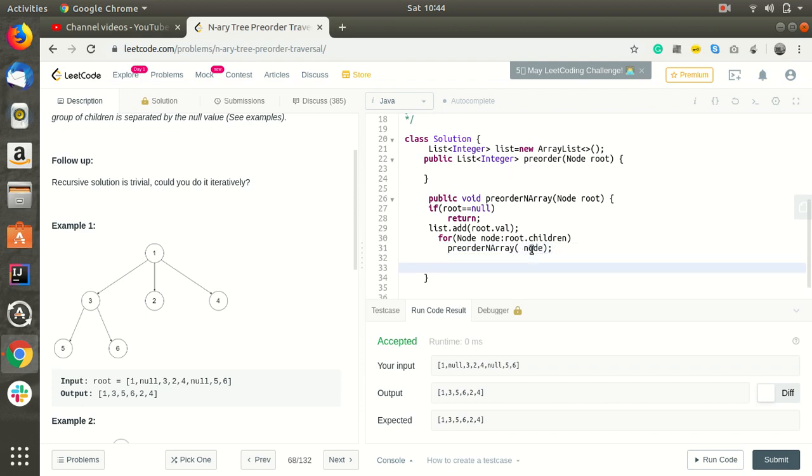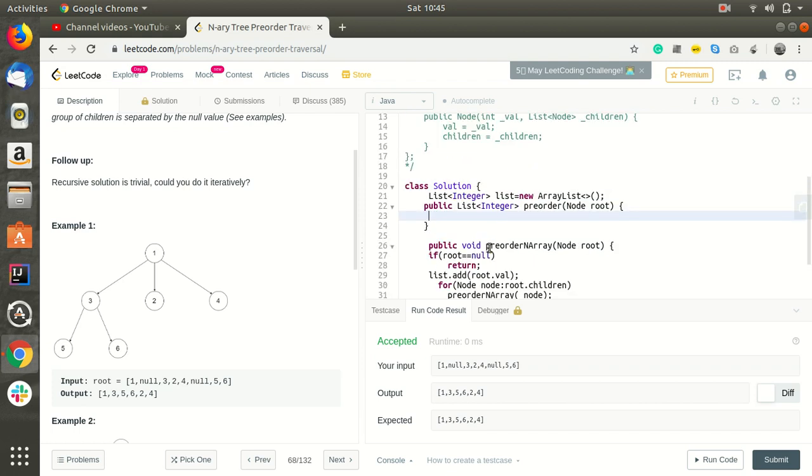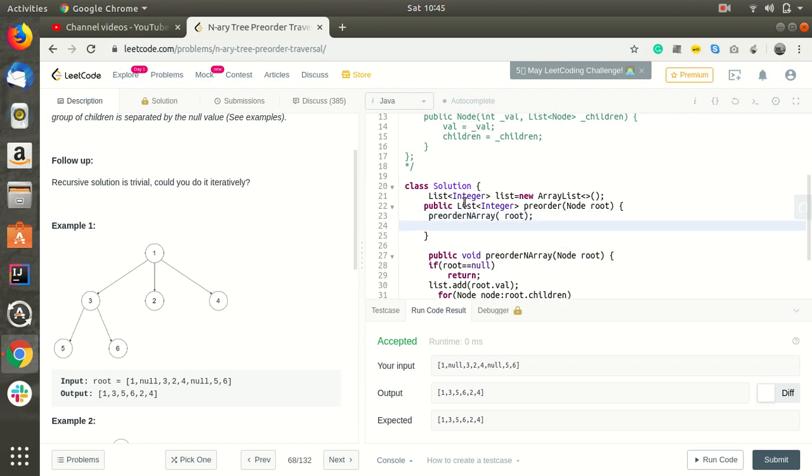Then this will be the last statement. We'll call this preorder function with the root, and then we will have the list, since this function will update this list iteratively. Again we can return the list.